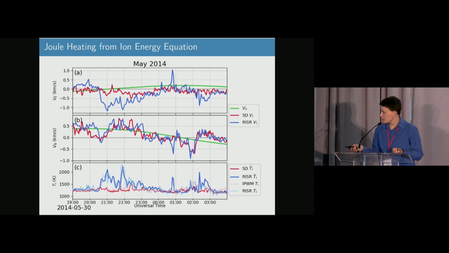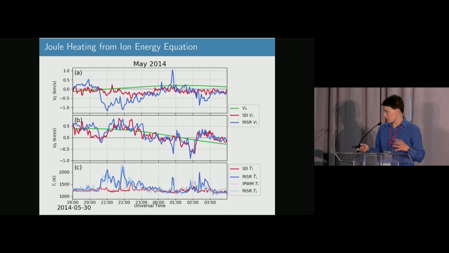And what you can see is the two blue lines. So this is riser ion temperatures measured directly, and ion temperatures calculated using that ion energy equation approximation based on riser velocities. They actually follow very closely in this region. And so that's saying that if you take into account the higher velocities here, you can reproduce the high heating you see and the temperature enhancements you see very well.